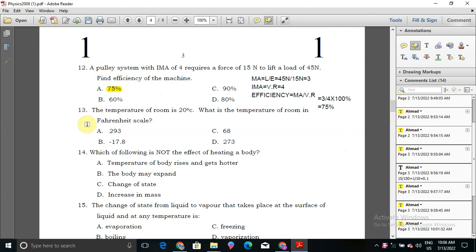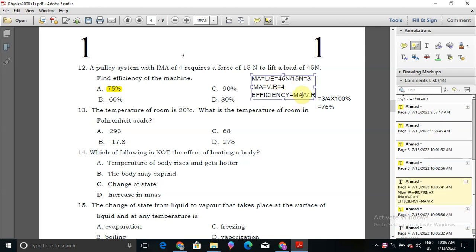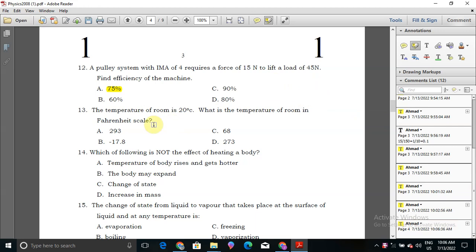Now in question number 13, the temperature of the room is 20 degrees Celsius. We have the degree of Celsius. What is the temperature of the room on the Fahrenheit scale? So that means we'll convert from degrees Celsius into the Fahrenheit scale. And the formula for this question, the formula for